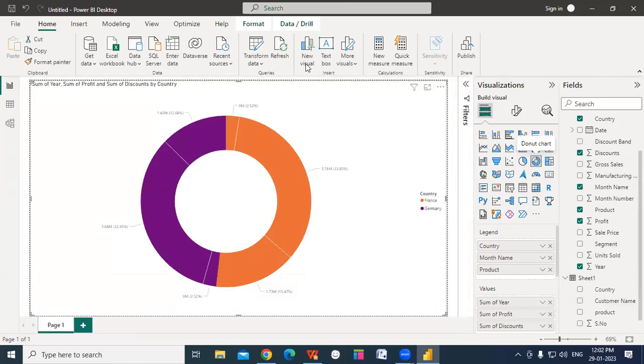Bar chart, pie chart, we can create using Excel also if you have the data in an Excel sheet. The pie charts or the bar charts, we can create the